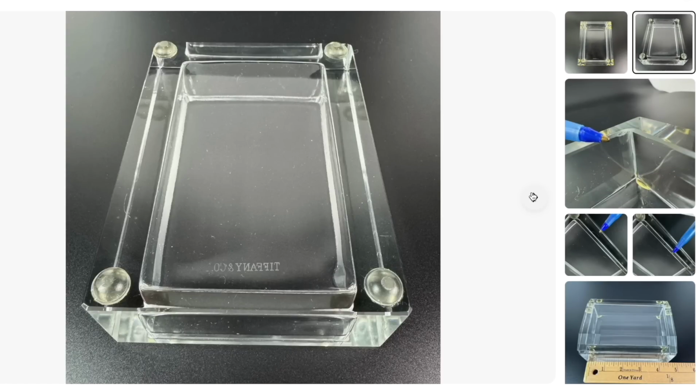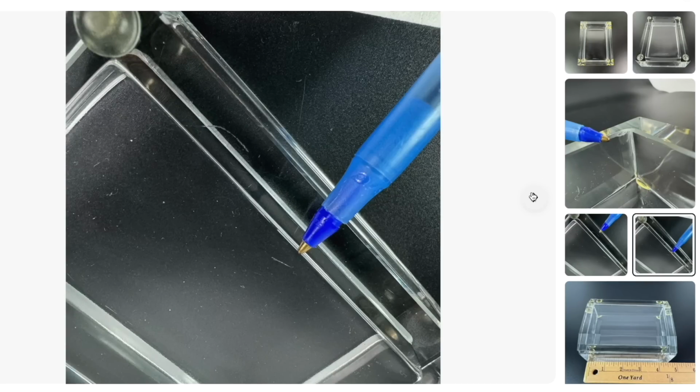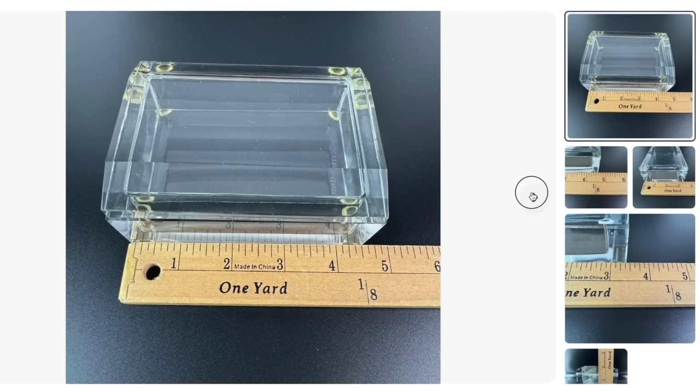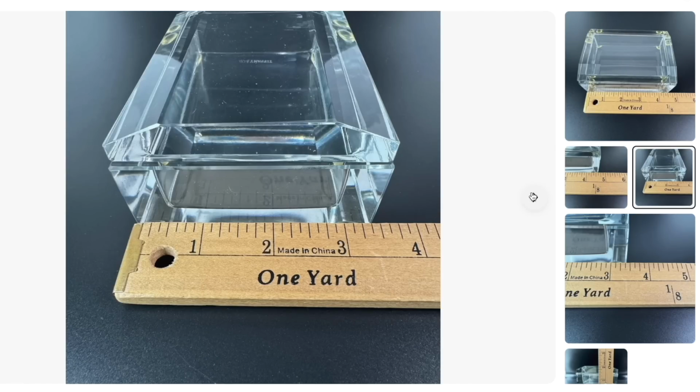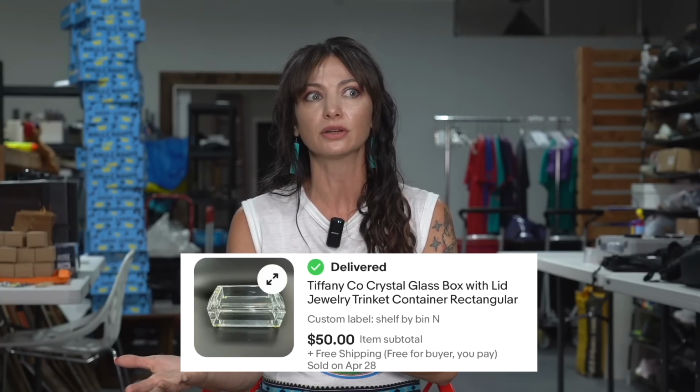It'll just look nice. And then I saw on the bottom, the Tiffany & Co. And I got so excited. I had no idea what the value was, but I bought it for I think $2. I had it at the house, keeping it safe so that nothing happened to it, because I kept forgetting to bring it to the warehouse. In a drawer, not using it, because again, I don't want to damage it because it's a Tiffany one and I knew it was probably worth money, and it sold for $50